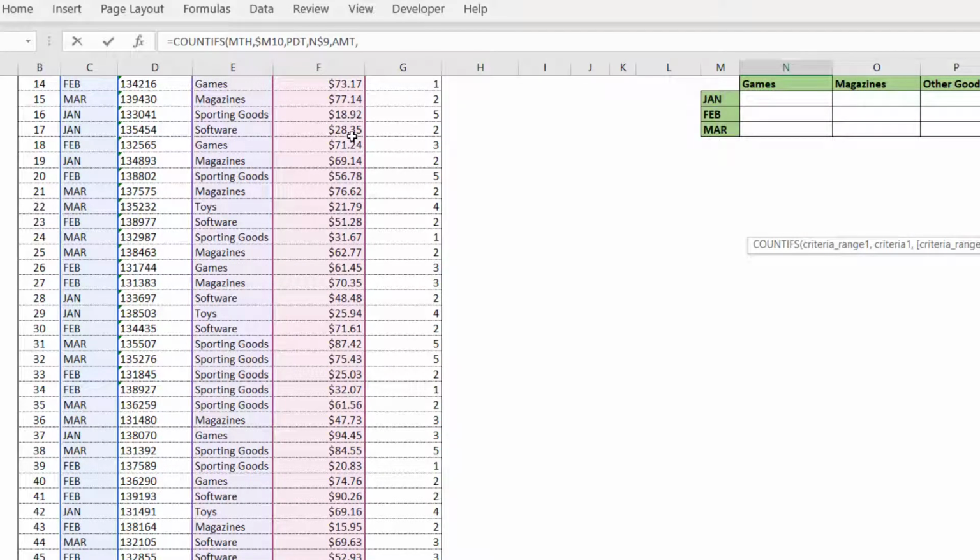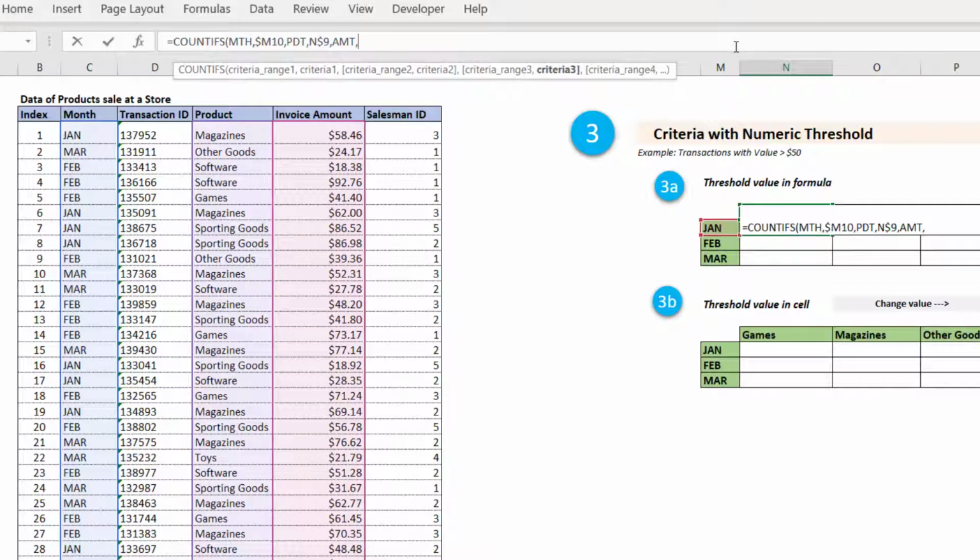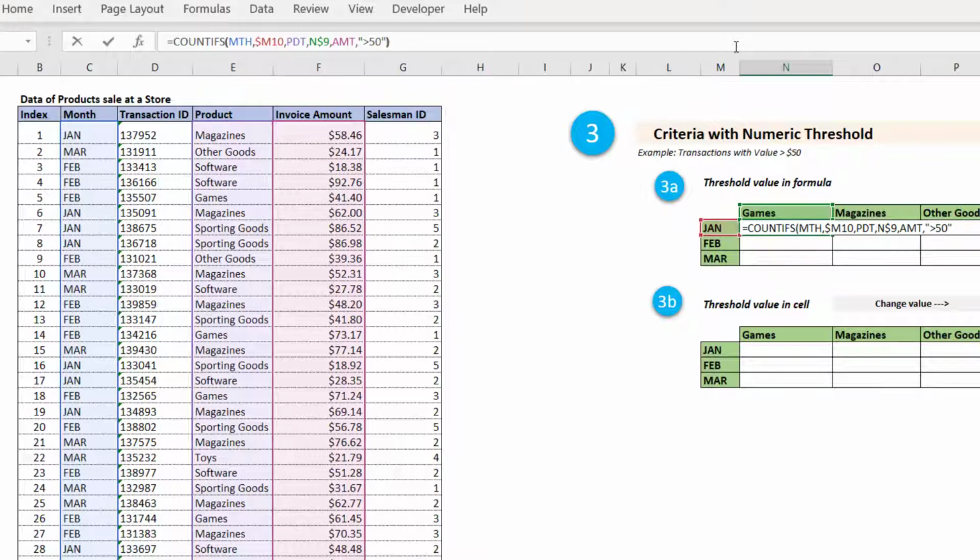Next, we need to apply the criteria, and we want to pass this threshold of $50 within the formula itself. And this is how we can do it. So we'll write double quotes and we'll write a greater than sign with 50 in it and put a double quote again and close the bracket.